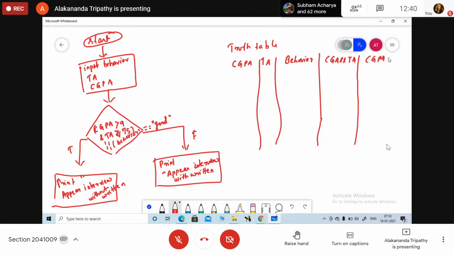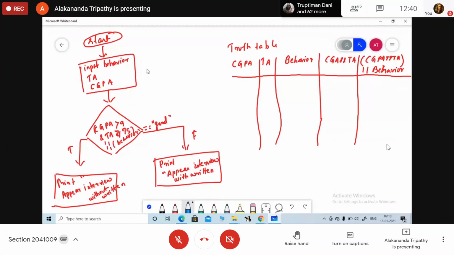What will the behavior be? Good or Bad. So CGPA and theory attendance, and then behavior. Okay, so check me the value.